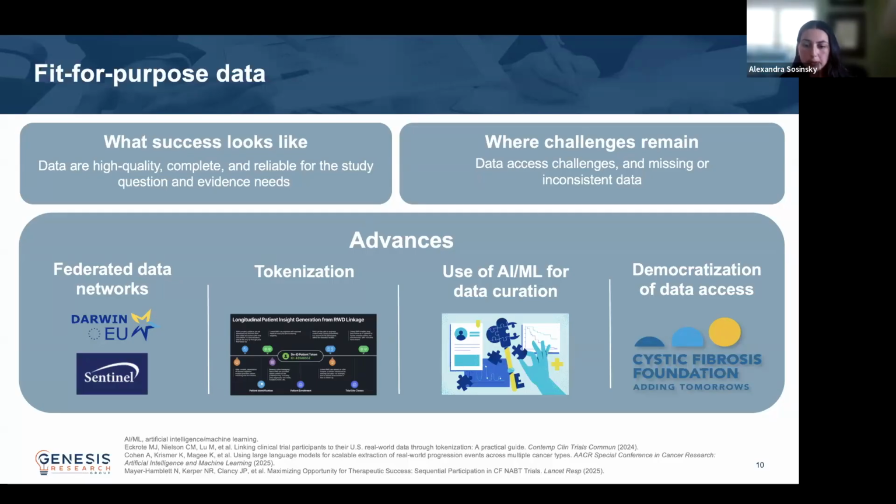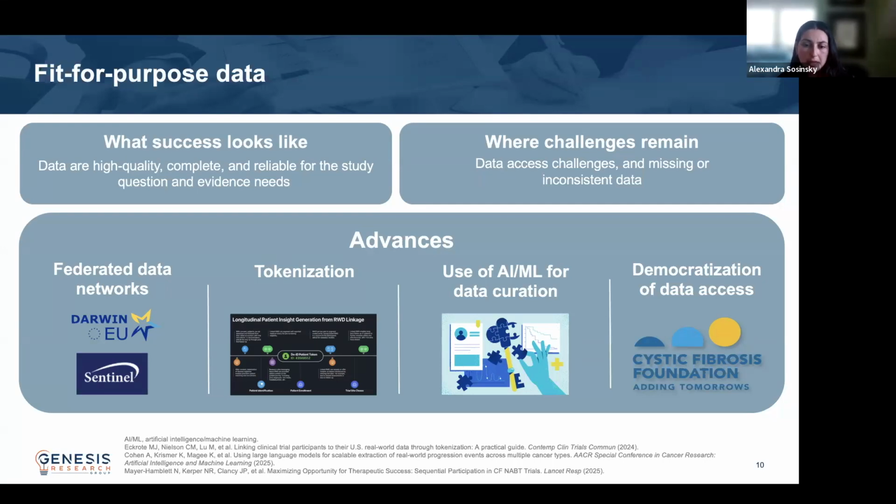And finally, we're seeing a real movement towards democratization of data access, with more platforms and collaborative initiatives making data available to researchers, patient communities, and industry partners alike. Here, I'd like to highlight the Cystic Fibrosis Foundation's sponsor-agnostic shared control repository that enables multiple sponsors to progress pipeline products in parallel. This innovative strategy increases transparency, standardization, and encourages new ways for thinking about external control arm data strategy, particularly for rare diseases or when longer follow-up time is needed.